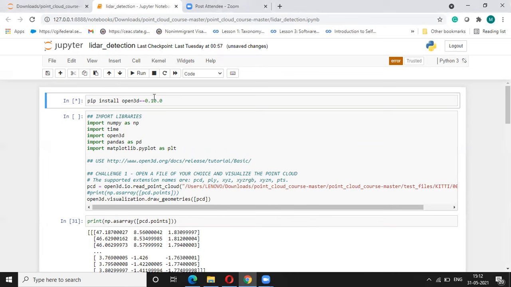We need the NumPy library to operate on arrays. We need the Open3D library to get algorithms, and we need the time library to get an idea of how long it takes to execute a particular algorithm. Then we also need the Pandas library to get data frames out of that data. Then we also need the matplotlib.pyplot library to deal with visualization of that data. So that's something we need to import.